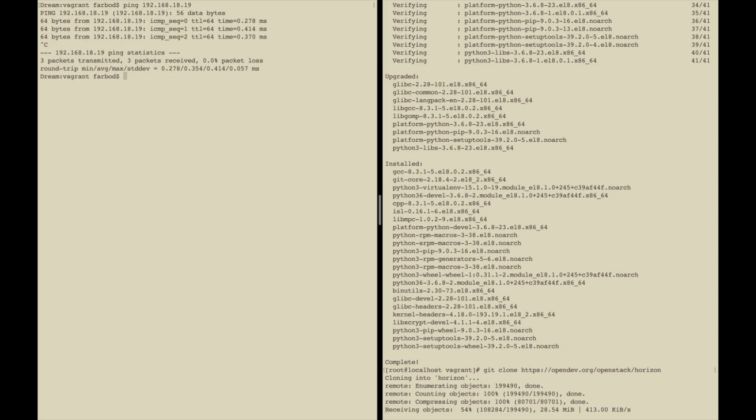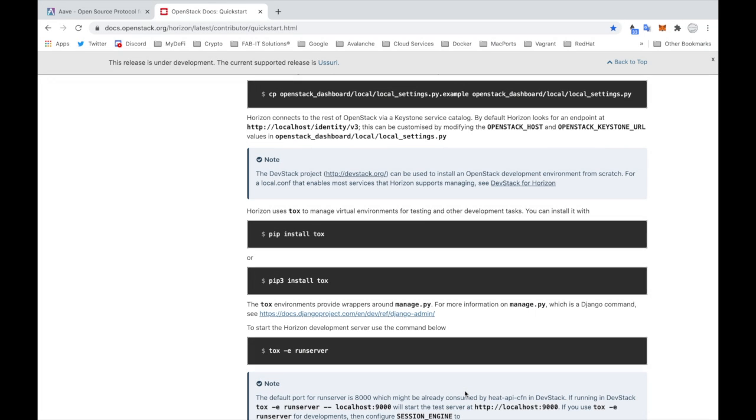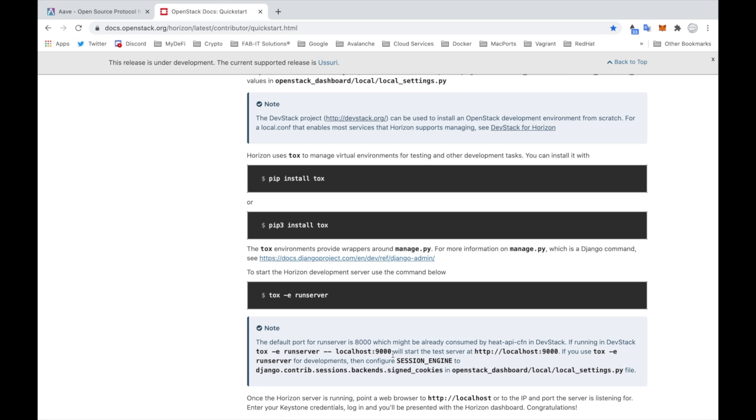Our communication still is up. Now, according to the installation, we copy this example file to the actual file. Then we run pip3 install tox, which is the Python library necessary. And then we can basically run the server as tox -e runserver. In our particular case,